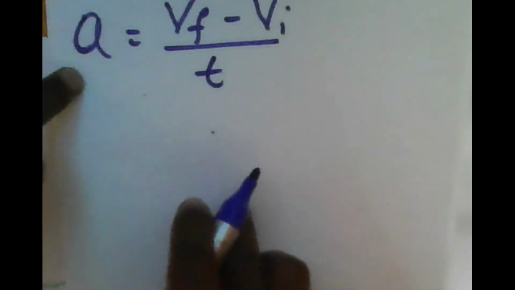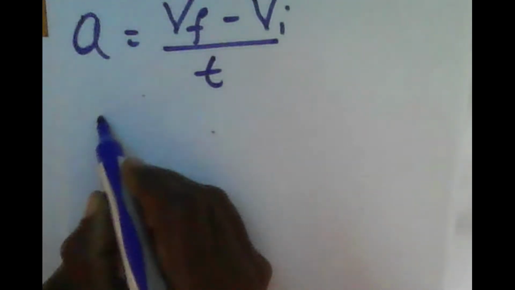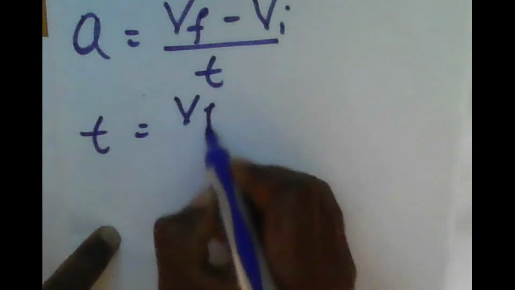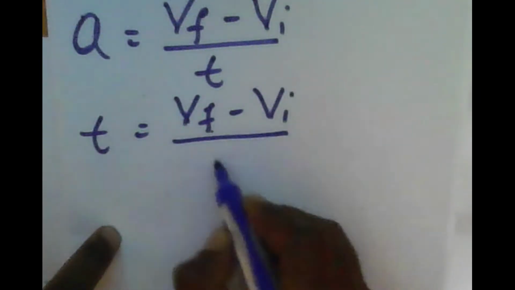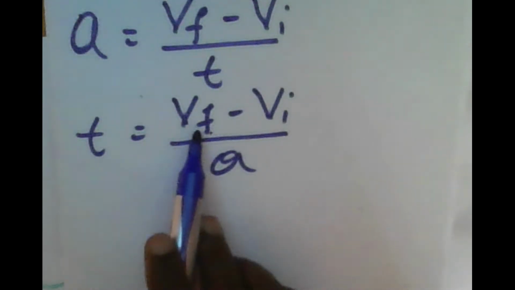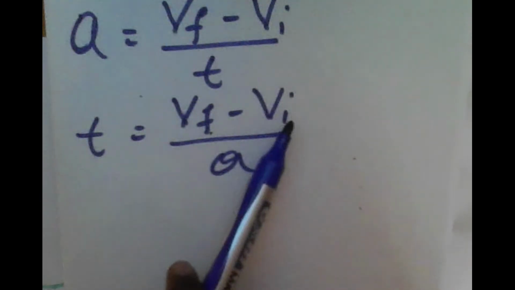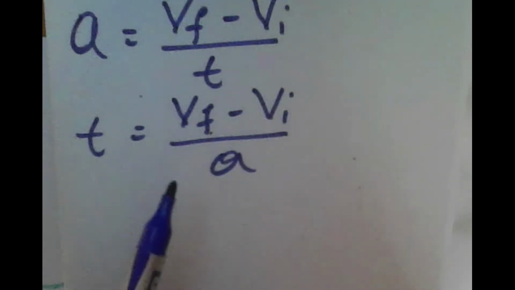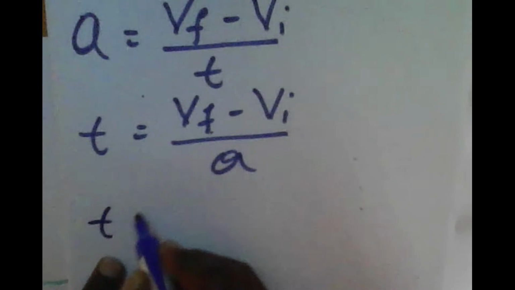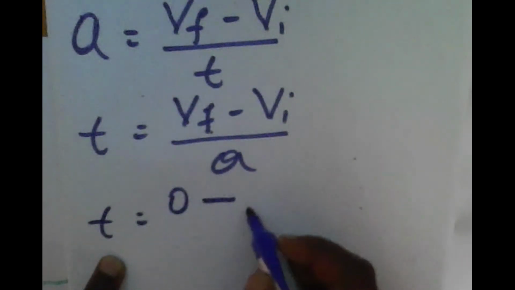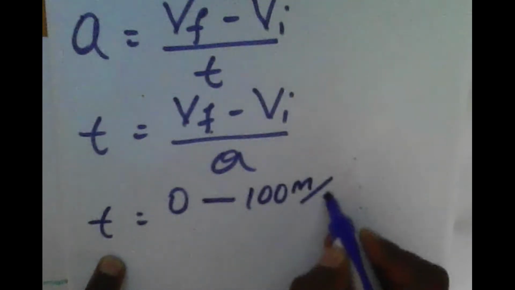To get the total distance, we know that the acceleration is equal to the final velocity minus the initial velocity divided by t. So first we need to find time, therefore t is equal to the final velocity minus the initial velocity divided by the acceleration. We know the final velocity, we know the initial velocity. It comes to rest, which means the final velocity is 0. The initial is already given, which is 100 meters per second. The acceleration is 5, so it's actually deceleration. So t is equal to final velocity 0 minus v initial, 100 meters per second,